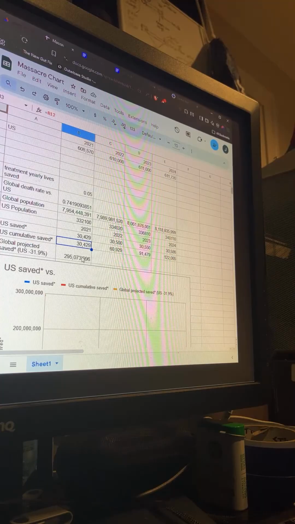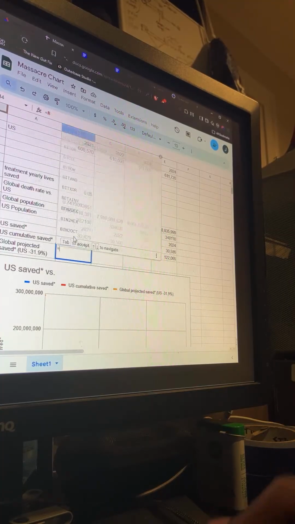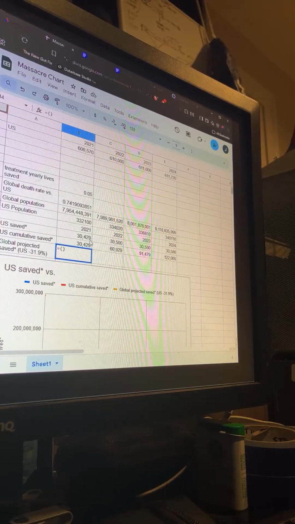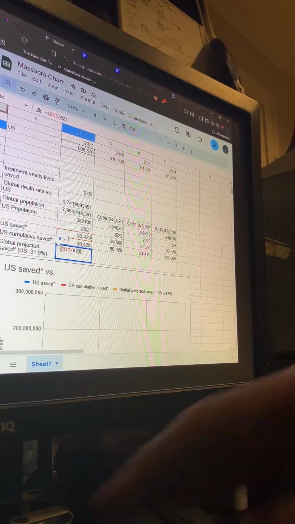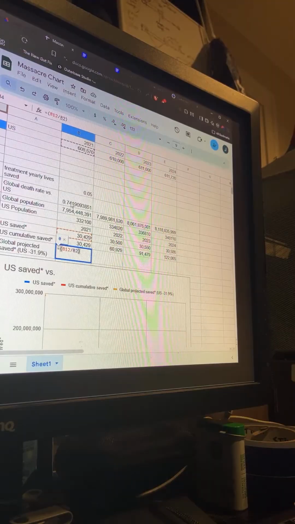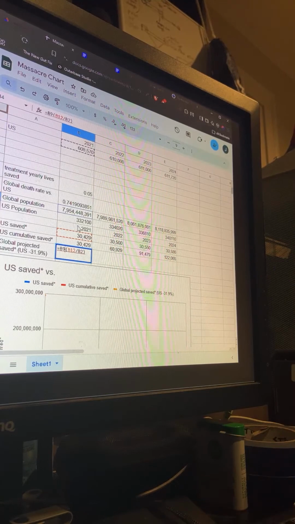Okay, so we want to divide our U.S. saved by the total population. Maybe this should be multiplied. Everything is multiplied anyway. So global population. So we're multiplying these, right? And then we don't even need that rate, and we can do